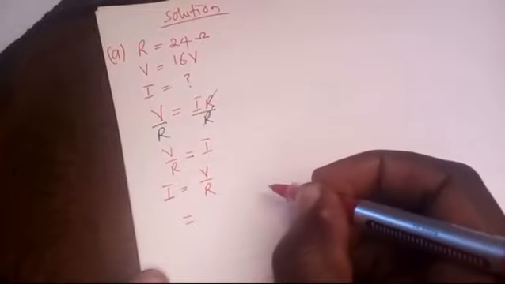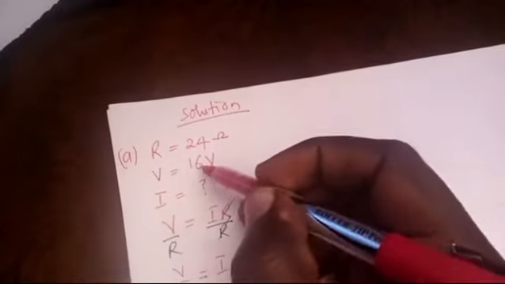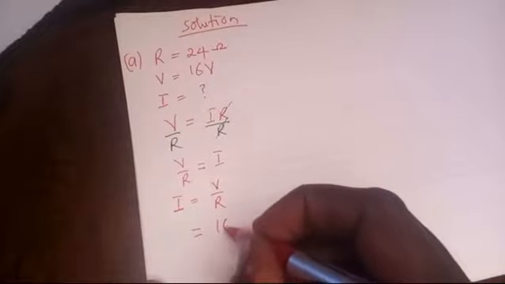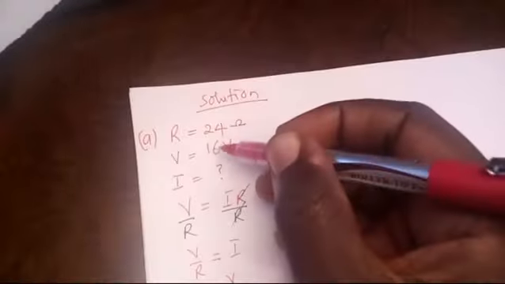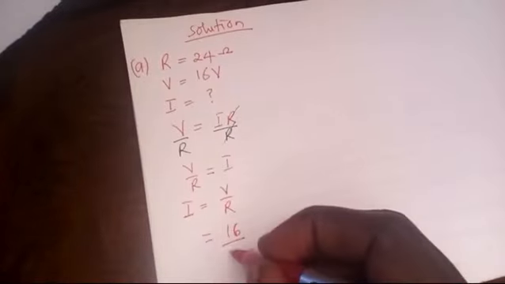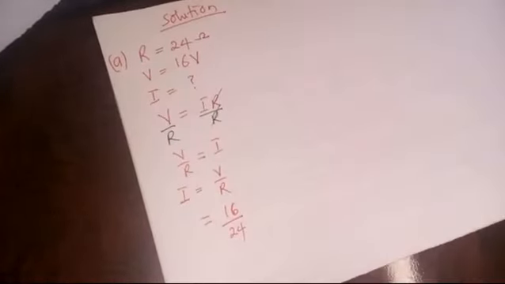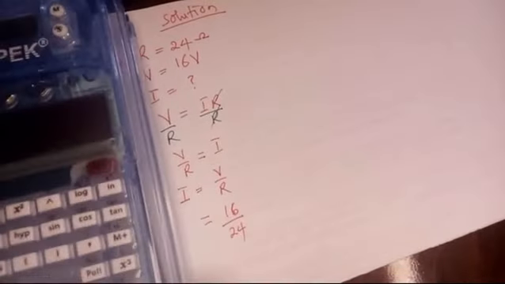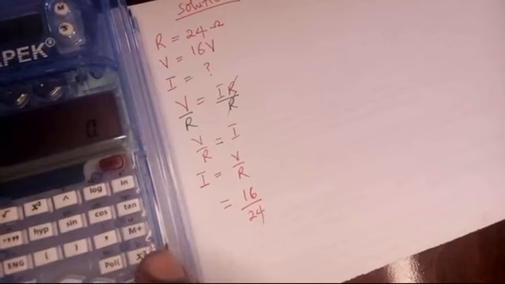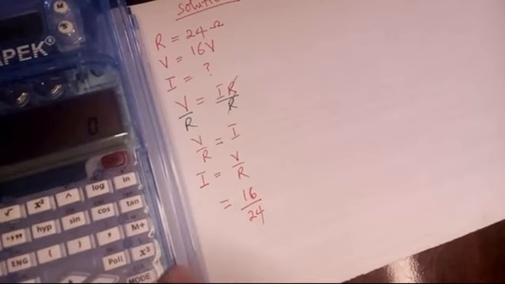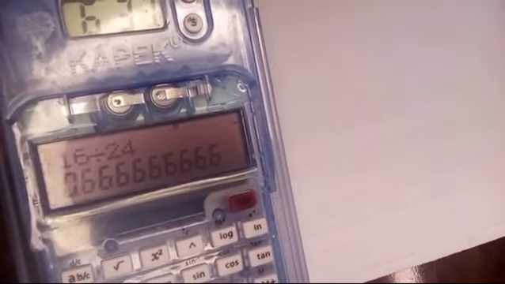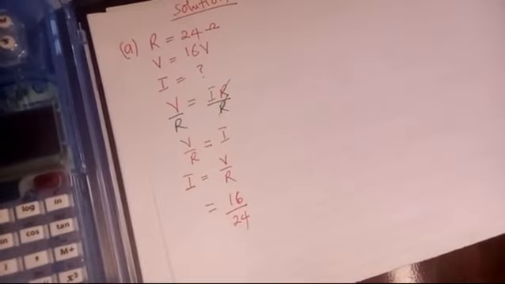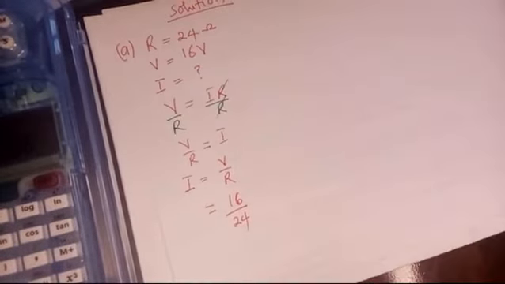We continue and say this is equal to, what is our V? Our V is 16, so we write 16 here divided by, what is our R? Our R is 24, so we write 24 here. Next, we bring our calculator and press 16 divided by 24. So you can see that we have 0.67. Since this is a recurring decimal, meaning a decimal that repeats itself again and again, we can choose to